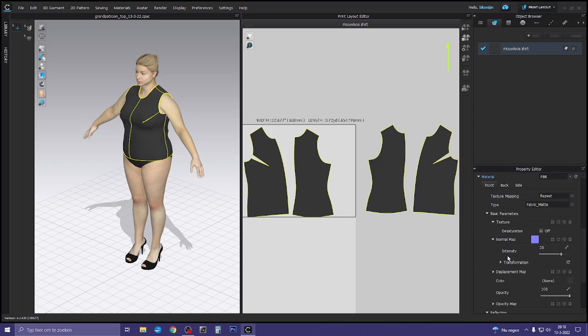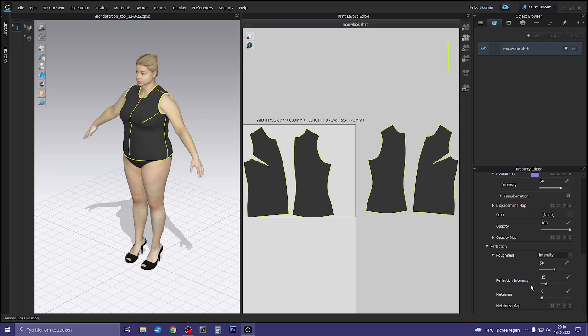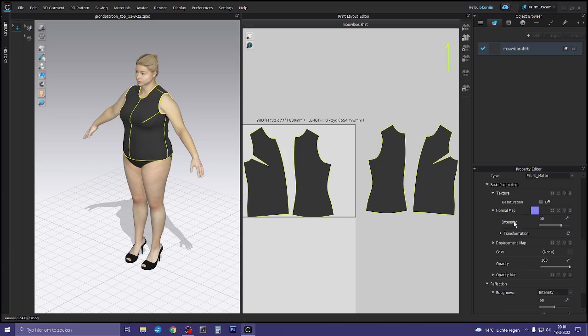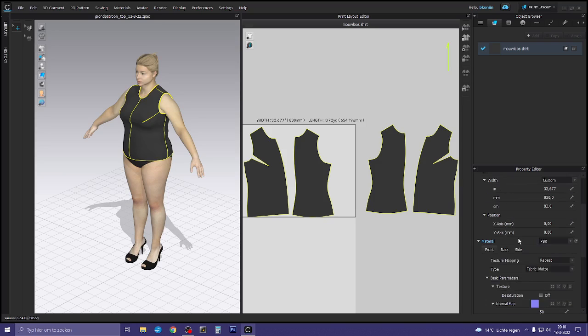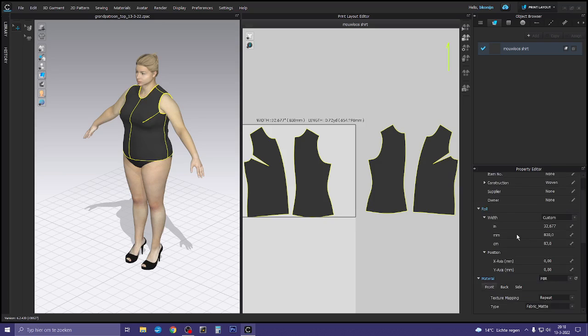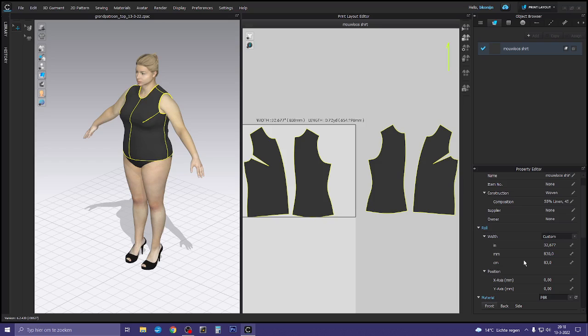Let me see. There should have been an option to have some, how do you call that? Construction, maybe? No. Well, can't find it right now, but there was an option to give